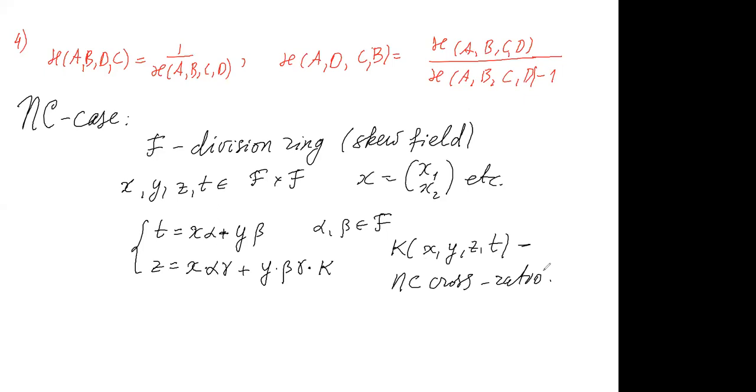It has lots of properties, this non-commutative cross ratio. I'll try to prove or at least explain some of them. We begin with probably the most important property. If you take arbitrary lambda 1, lambda 2, lambda 3, and lambda 4,